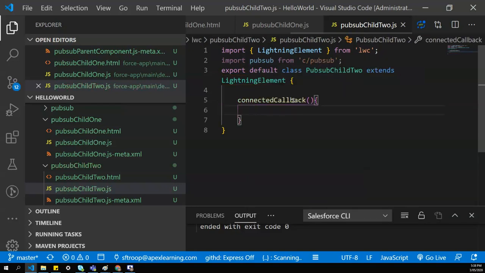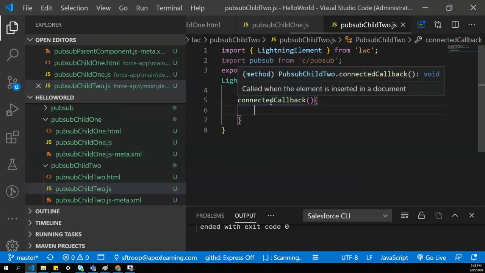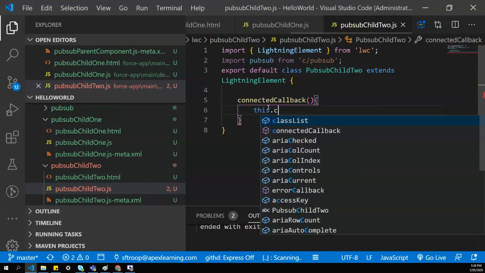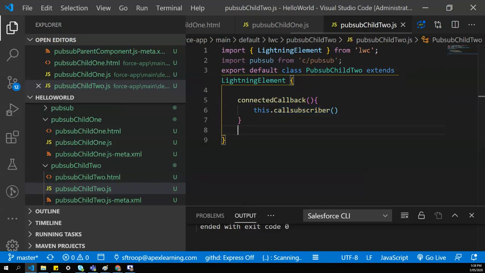This method gets called every time the component loads and the DOM is ready. So once our DOM is ready or our component is rendered on the screen, we immediately call a method called subscriber. What it will do is subscribe to the event as soon as the component loads in the DOM.